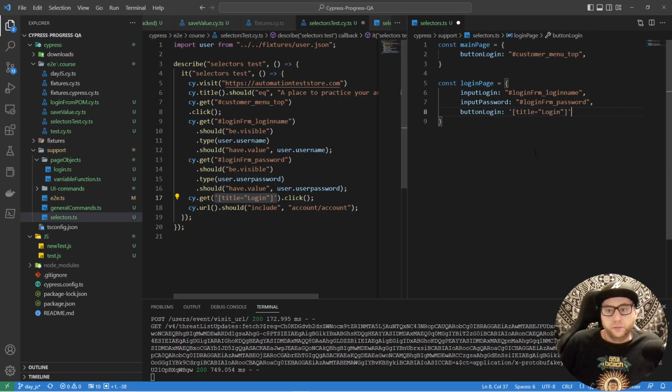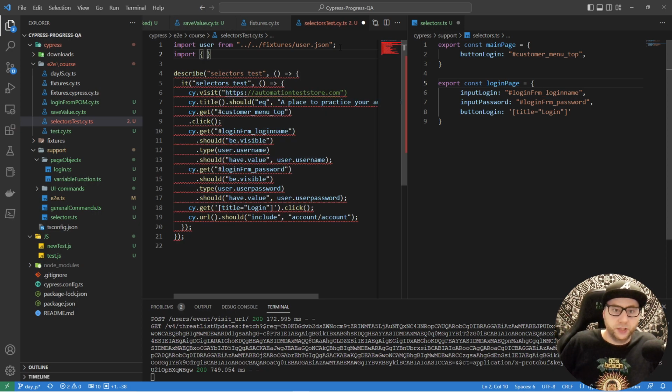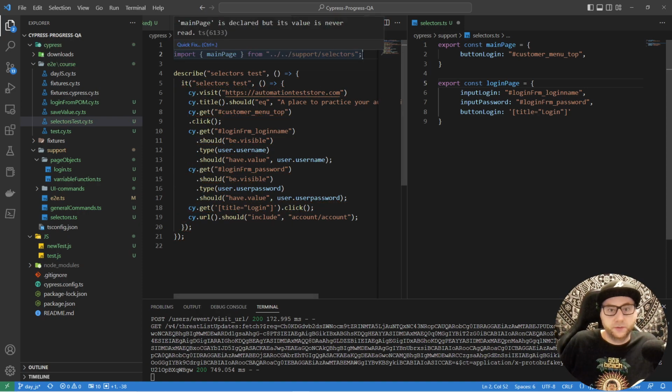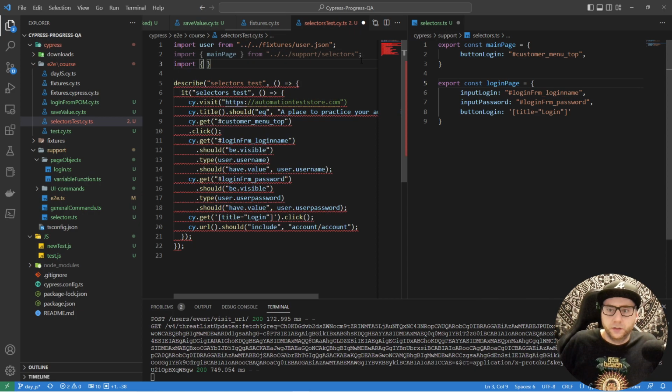Okay, so now how to use it. First we need to export this, because if we want to import these selectors into the test, we need to export: export const main page, export const login page. So now let's import it in our test. Import main page, it's an object, so we need curly brackets, main page, yes, and it automatically knows the path from support selectors. And the same we can use for import login page